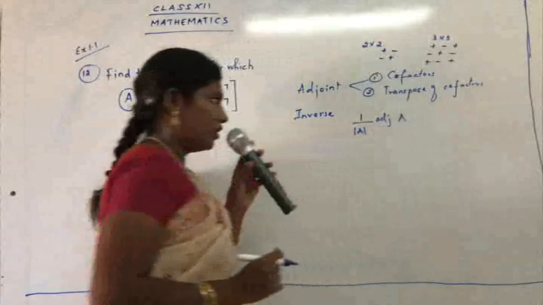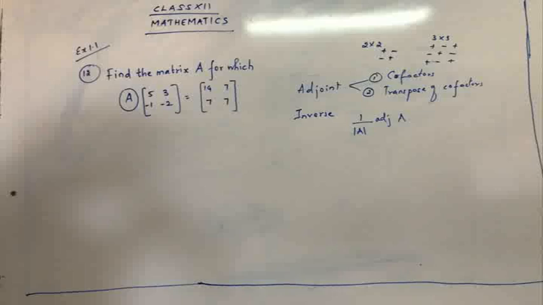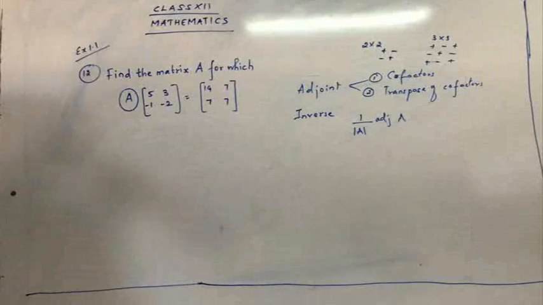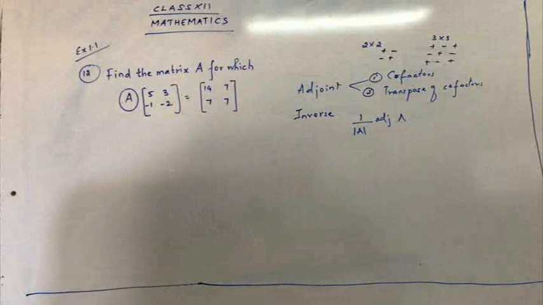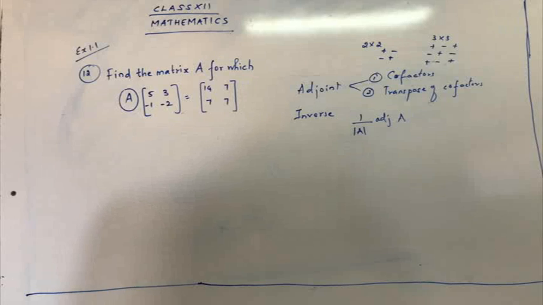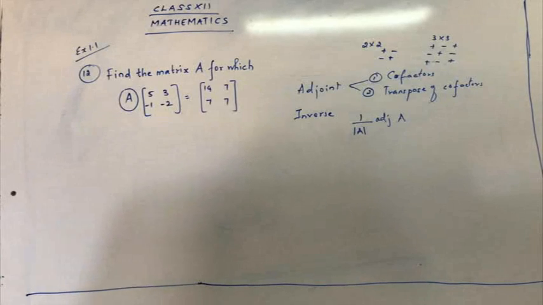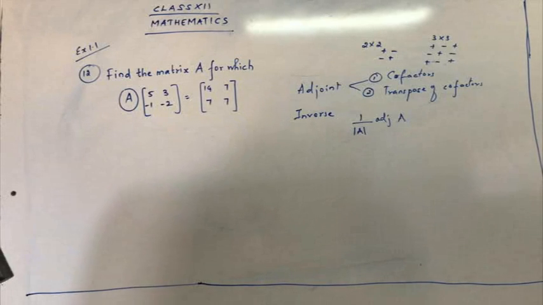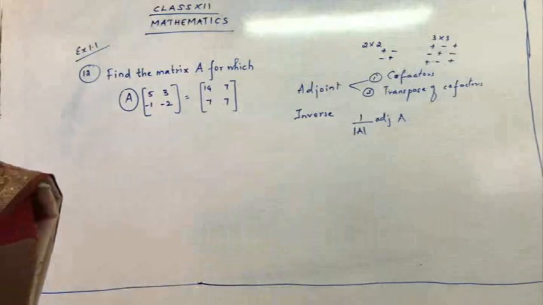So you have done all the sums based on adjoint and inverse. You have completed your homework sums and submitted your homeworks. Some have presented it very neatly. It was very good to see the presentation. And some need improvement. So try to present your answers very neatly so that when you take the sum the next time, it will be clear how to go for the sum. So present your work very neatly.